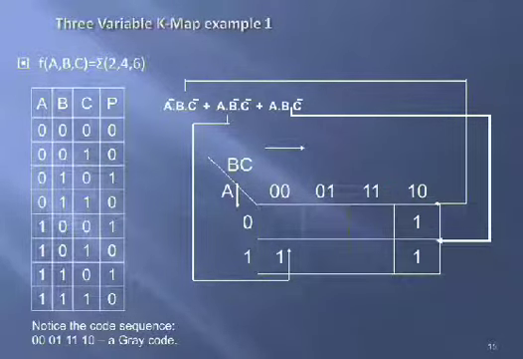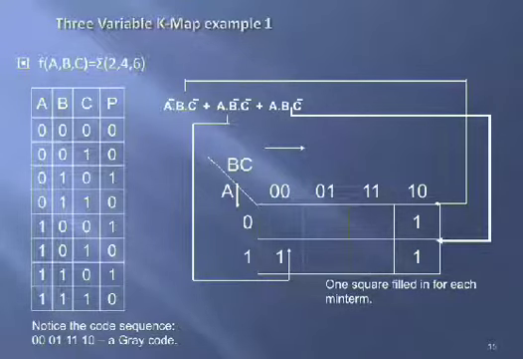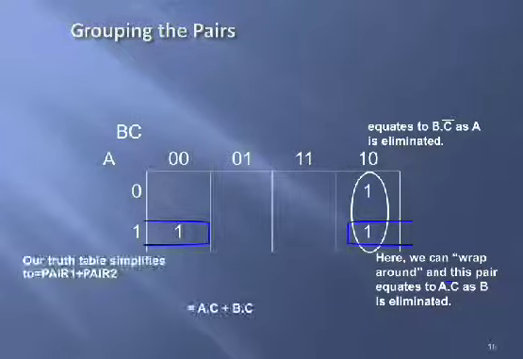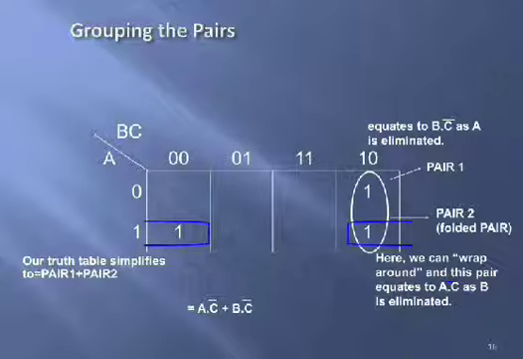So this is the procedure of placing ones in the three variable K-map. Next, we need to see how we can group these adjacent cells. We will see one square filled in for each min term, and then grouping the pairs. This is the first pair and this is the second pair, as you can observe. Pairing can be done in adjacent cells, and not only adjacent but also end cells can